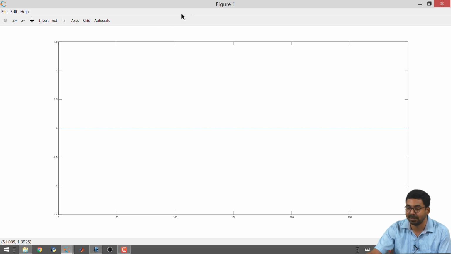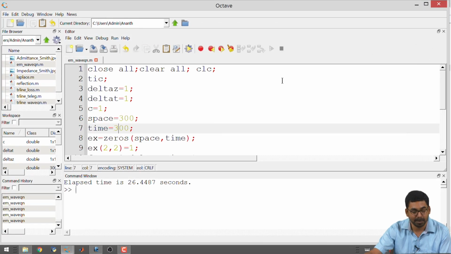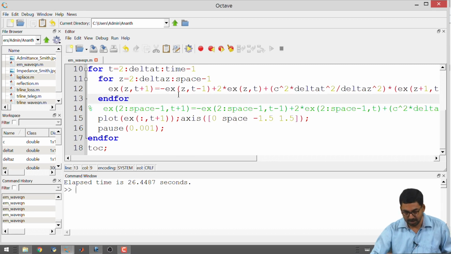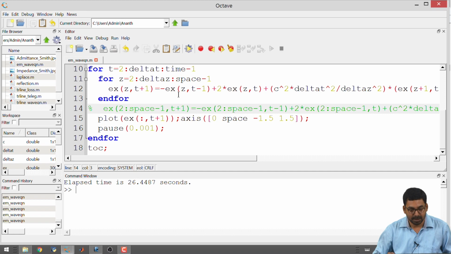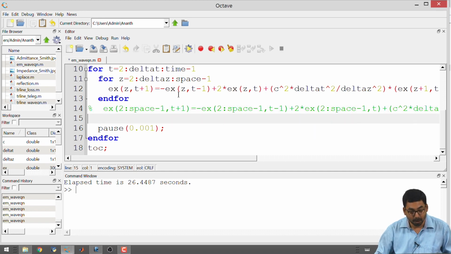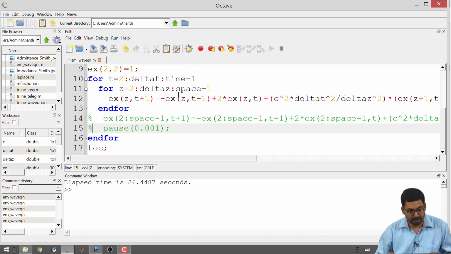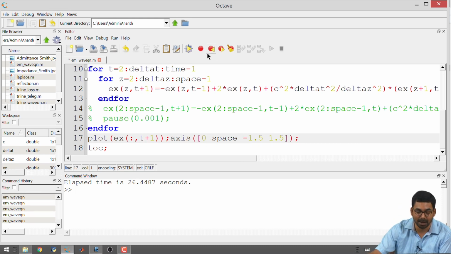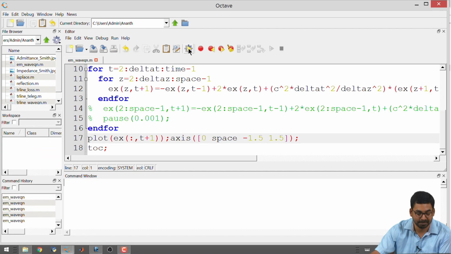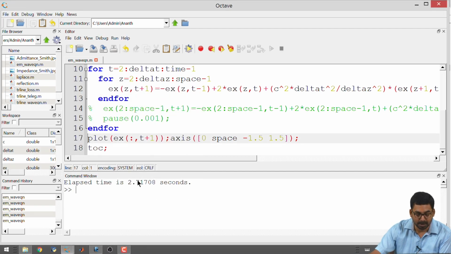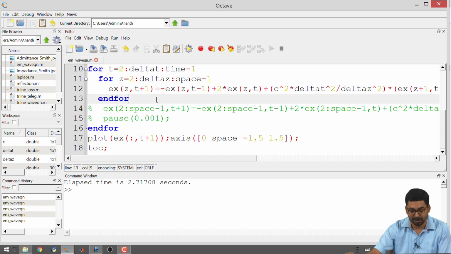We are delaying it because of a pause command that cannot be managed with vectorization, but you will see some improvement. One of the things that we could always do is bring this plot command below, comment this, and say that I want to have a plot only at the end of all the calculations. I think that makes a slightly better way to approach this. All right, it is much better. So, it is about 2.7 seconds with the for loop.